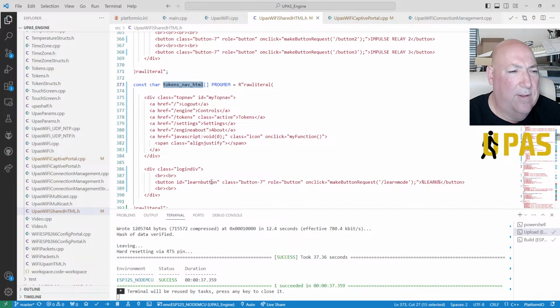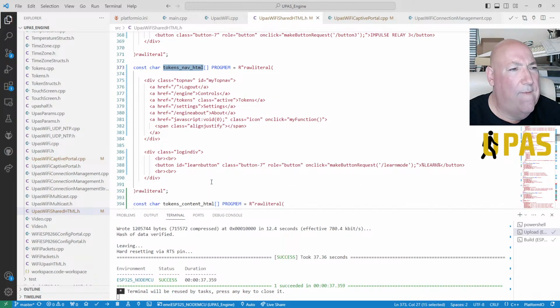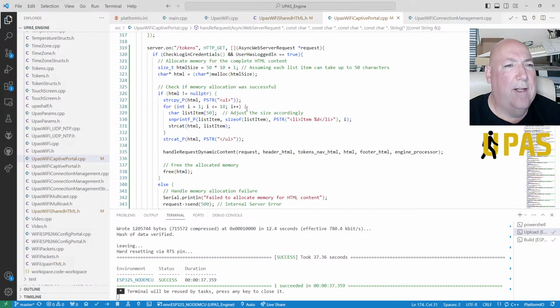So we've got a learn button. So what doesn't it like about that then? And then it's getting over to, it's putting in our unordered list. Perhaps we need to put it into a div or something. No, but the list was shown, wasn't it? List item, yeah. Unordered lists, right. So we've got our HTML. Yeah. So I don't know what was up with that then.